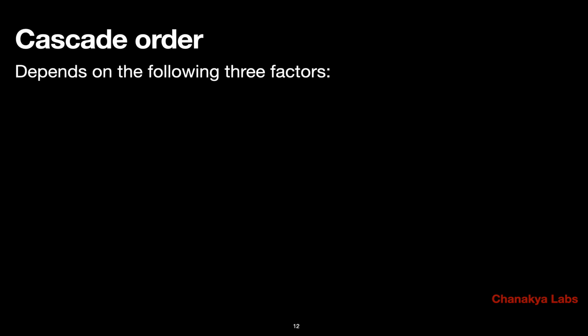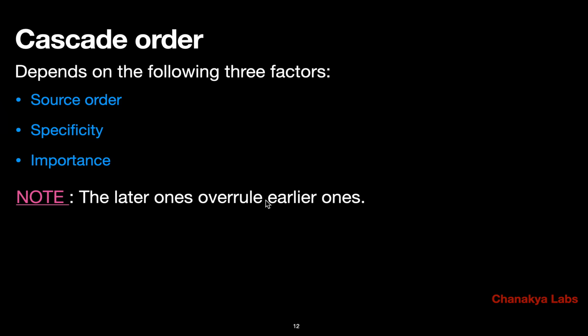So finally, we have seen that these are the three factors: the source order, specificity, and importance. And this is the order in which they are taken together. The later one is more important, and they overrule the earlier ones, right? So we saw that simple inline rules will take the most preference, and after that the source order of internal style sheet, external style sheet, whatever style sheet, but whatever is coming last is taking priority, and that is called the source order. However, all those things don't matter if specificity is in the picture. If specificity is there, then whatever has more specificity is going to take precedence.